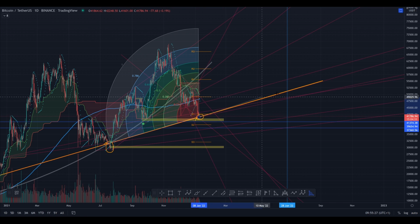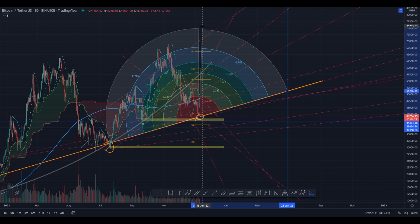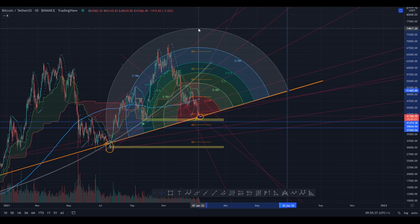So in the same manner, I will drag and drop to the 28th of June. I will place it like here. Let's align it a bit so we can have an idea of the future. So we can see that we might have an interaction with the 0.236 around this level. It is a confluent level with another trend line, another sector. Then we have the 0.382